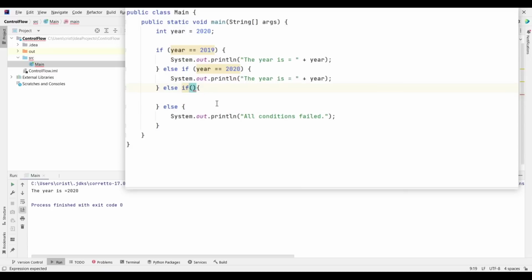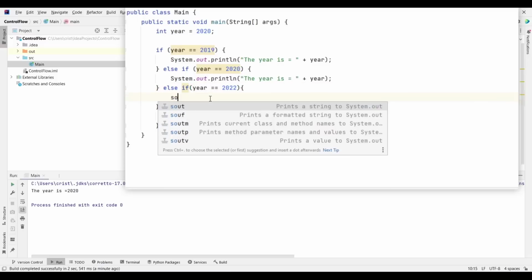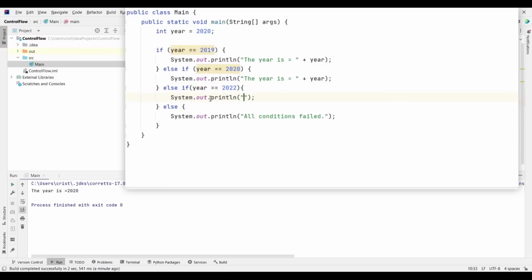And now we can put another condition, so I can type here year equals, let's say 2020, and if that is correct, I'm going to type SOUT, and the year is equals plus year.